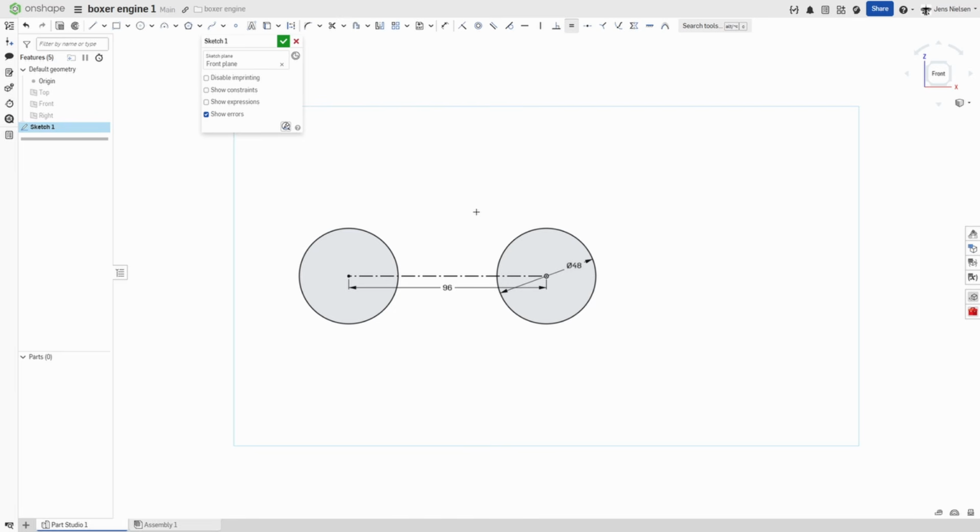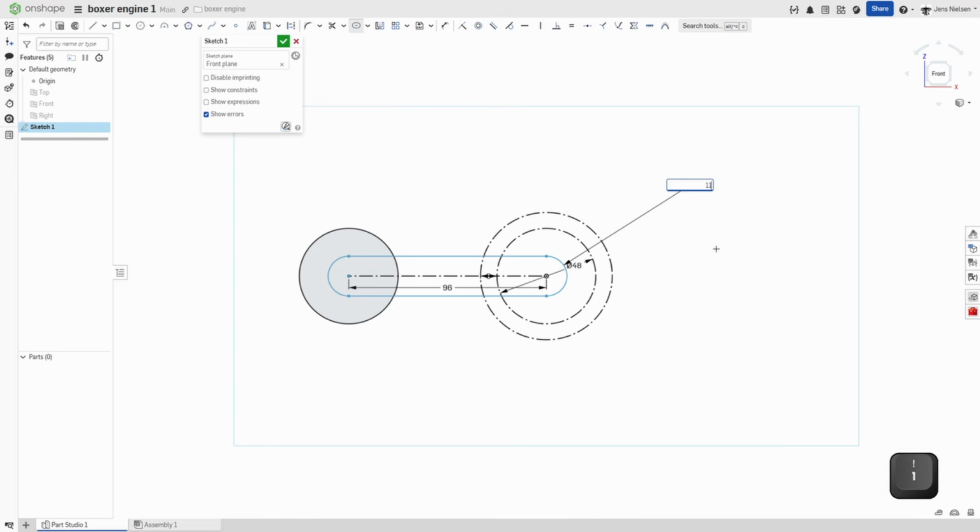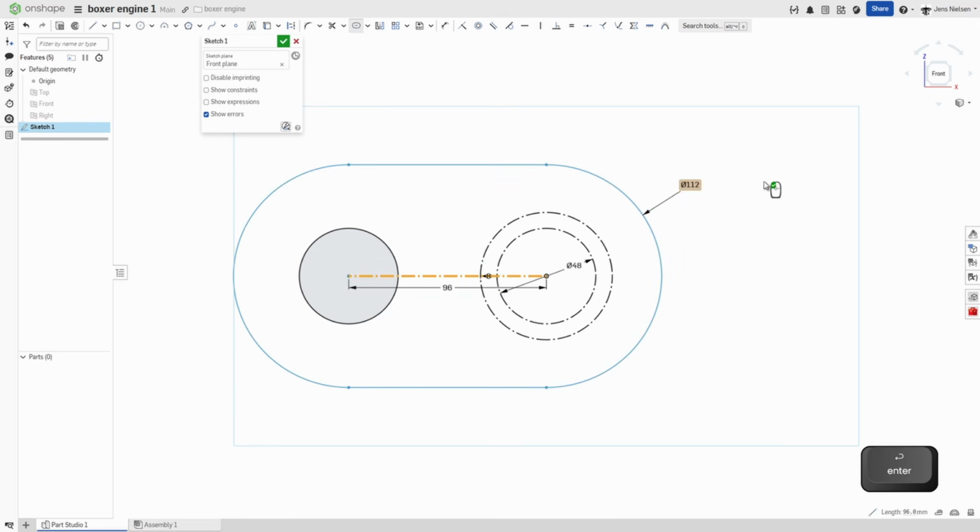Then I will offset that circle to the outside with an 8 millimeter distance. I'll make those two construction geometry, go to the slot command, pick that line, give that a dimension of 112,